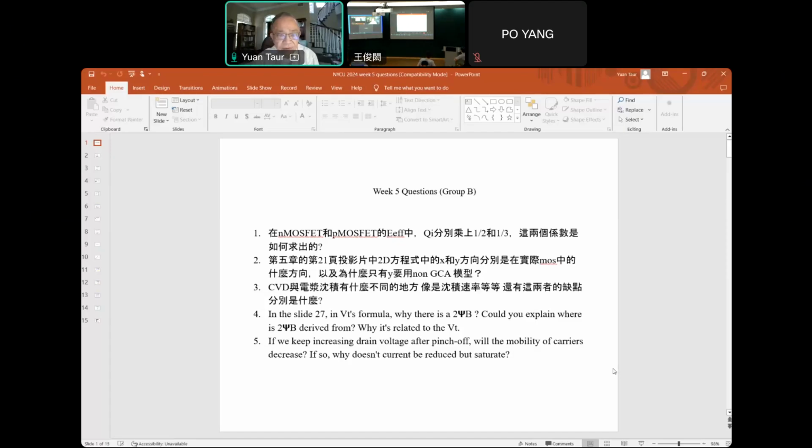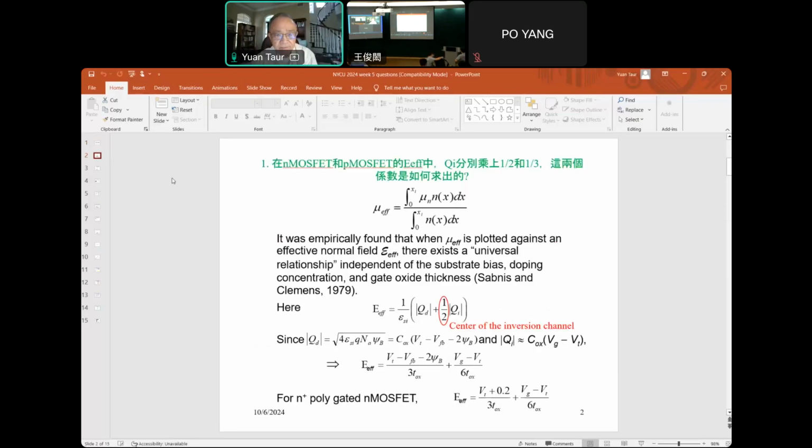First, we go over the questions. 5 questions. First question is about the coefficient in front of the inversion charge density for the mobility model. For half,